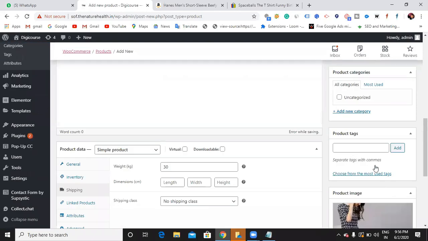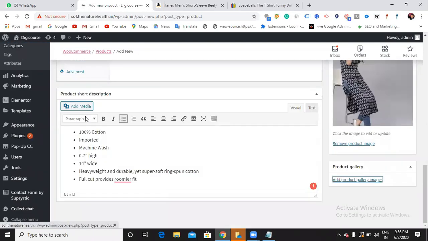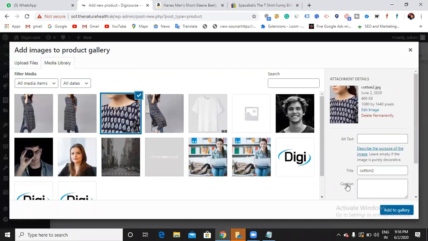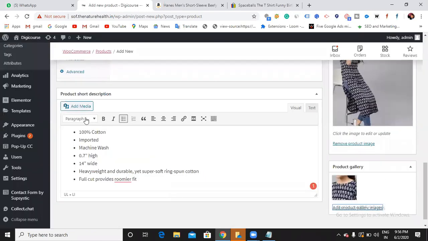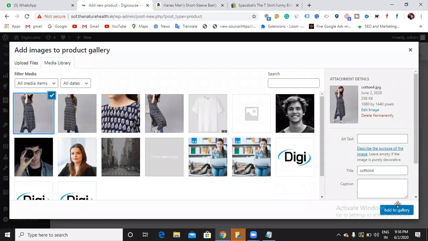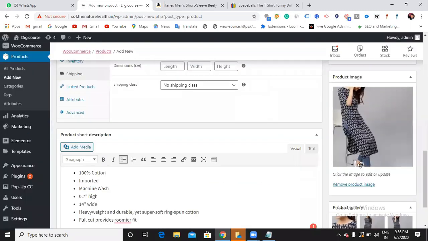You see, now this is the product image. If I want to add a gallery for this product, I can add it. This is how I can add it.